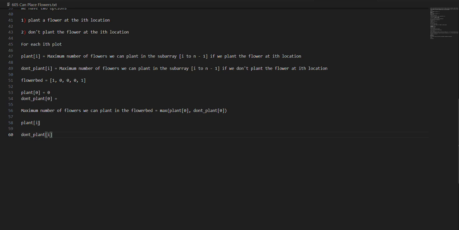Okay, so first of all, we look at the plant of I. That means it tells if we are planting the flower at the ith location. Now, it is possible that we cannot plant the flower at the ith location because it is already occupied or one of its neighbor is already occupied. In that case, we cannot plant the flower there. So this value would be 0. Plant of I would be 0